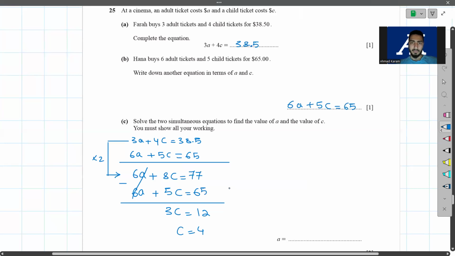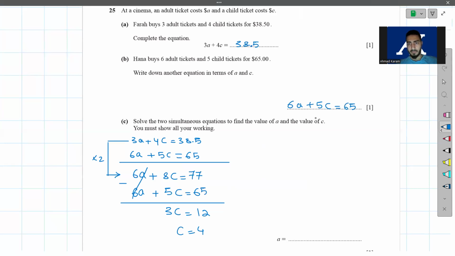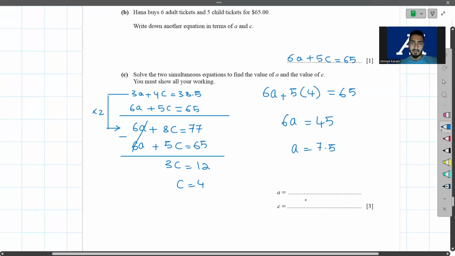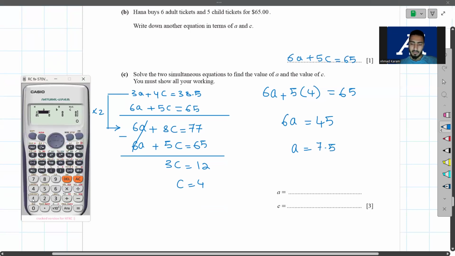How to get the value of A? I'm going to substitute in any of the two equations. So let's say the second equation, 6A plus 5 multiplied by 4 equals 65. So 6A equals, 5 multiplied by 4 is equal to 20. Then 65 minus 20, it's 45. Then divided by 6, which is equal 7.5. Okay, before writing the answer, we can check using calculator mode 5, 1, 3, 4,